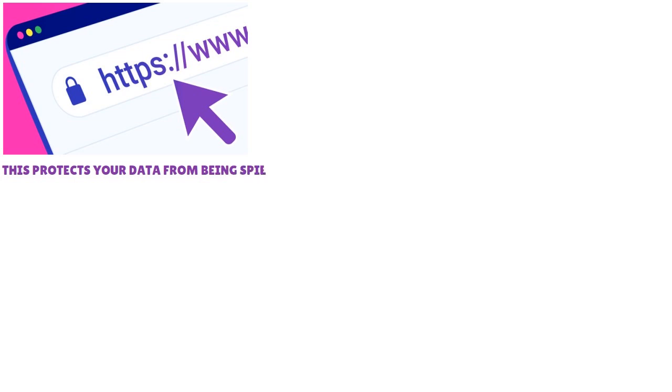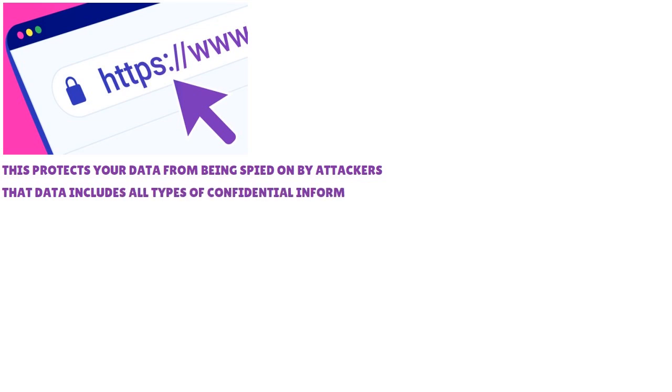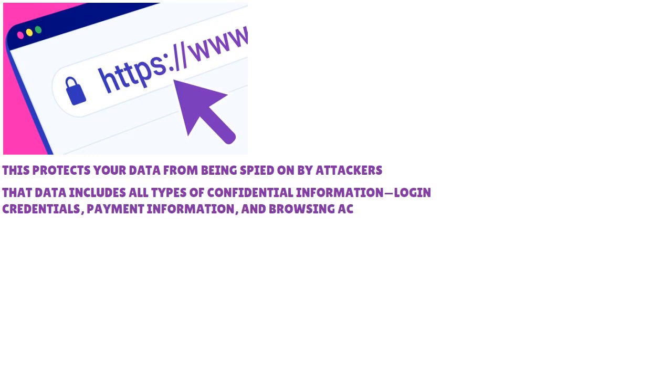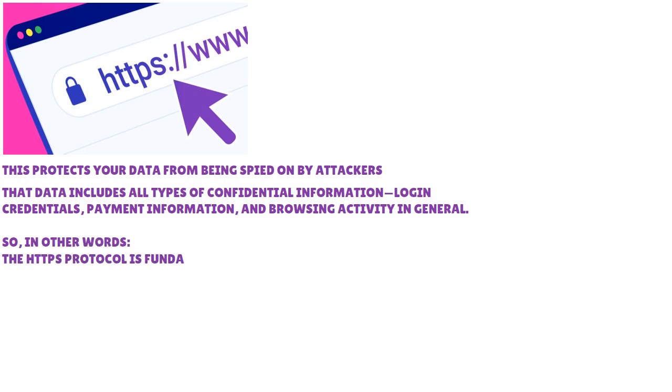And the good Lord knows that there are a lot of attackers on the internet. The data includes all types of communication, confidential information. I'm speaking about login credentials, payment information, as well as browsing activity in general. So in other words, the HTTPS protocol is fundamental for keeping your data private and secure